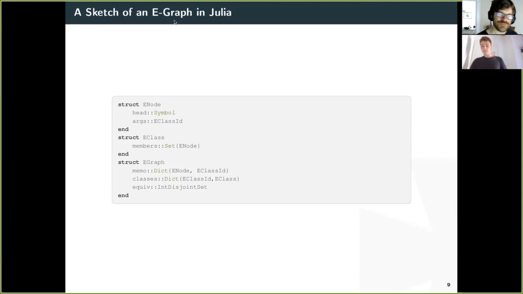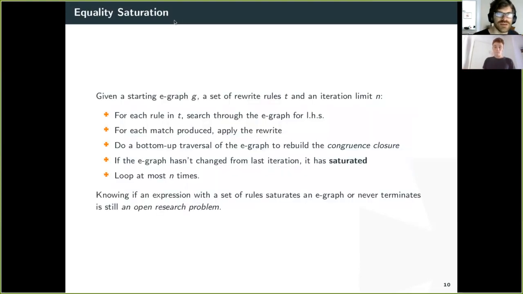With a memoization table, which is the hashcons data structure, a dictionary pointing from E-class IDs to E-classes themselves, and the union find data structure, which is that integer disjoint set, which allows you to do fast equational reasoning. So the basic algorithm with which you use this egraph is you're given a starting egraph G that you insert